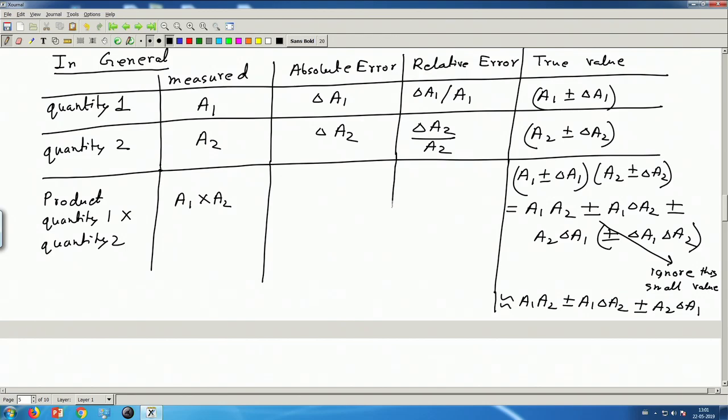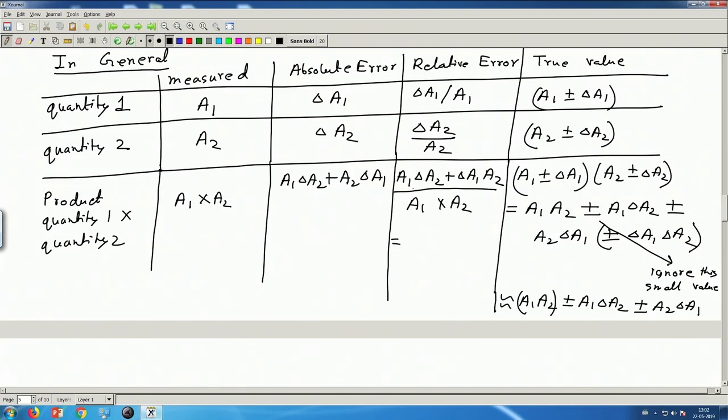Okay, now we can find the absolute error. So this is the estimated value, so the absolute error is this. Okay, now the worst case, the extreme case will be when both these errors are positive together or negative together. Then we will have maximum error. So the worst case error, limiting error, or maximum absolute error is A1 delta A2 plus A2 delta A1. So what will be the relative error? Relative error will be this absolute value, okay, so this quantity divided by the measured value,